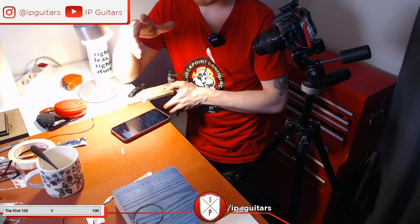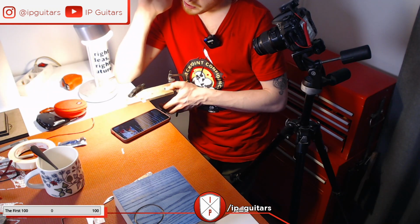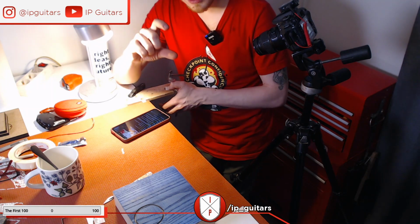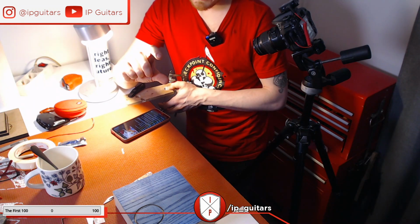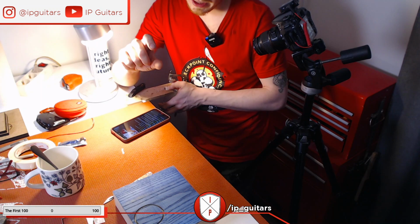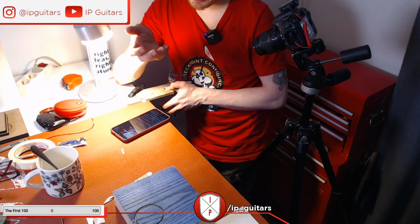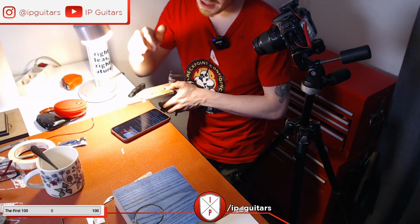Now you remember that I made those templates a while back, and I got them really refined, and they were just the way I wanted them to. Well, the router bit started to sag ever so slightly, and I didn't notice it while I was in the router table. So, a little bit of the cutaway got, well, to me, completely ruined. It's easily fixed, but